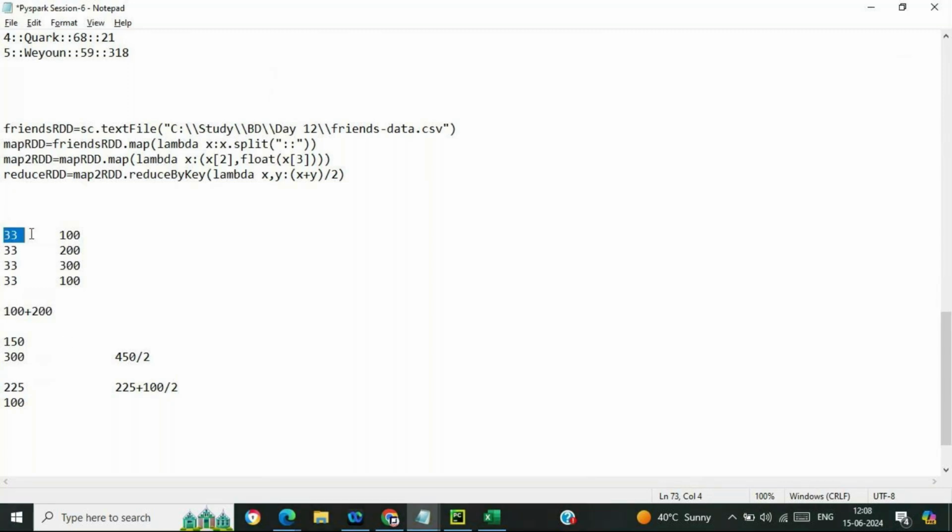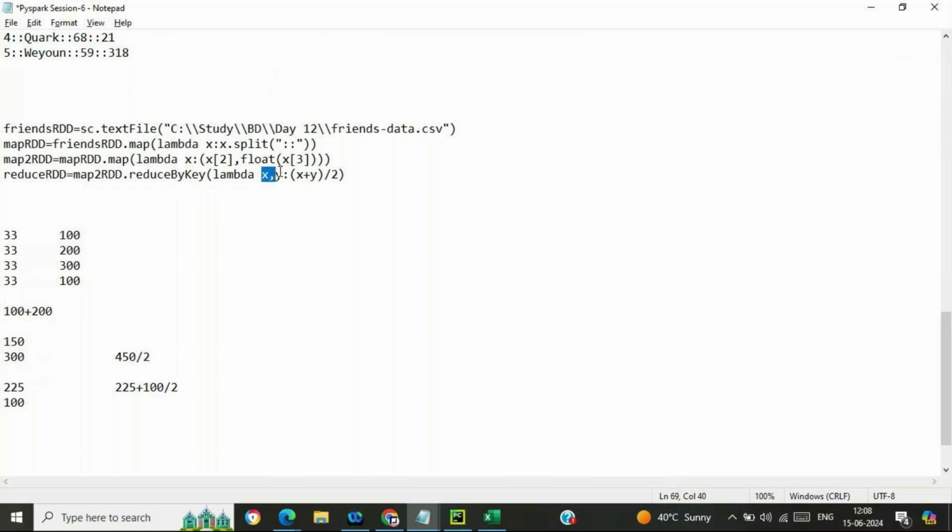So reduceByKey is going to take two inputs. It is reducing by key. It is working on values. It is keeping the key and working on the values. Based upon this, these are the two rows. It is going to take two rows at a moment. Once we extract the age and the followers columns, it will be looking like this. Once we have data in this particular way, then we apply the reduceByKey transformation. It will take two rows, and from these rows, this will be X and this will be Y.